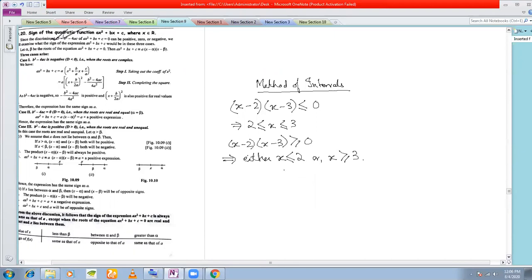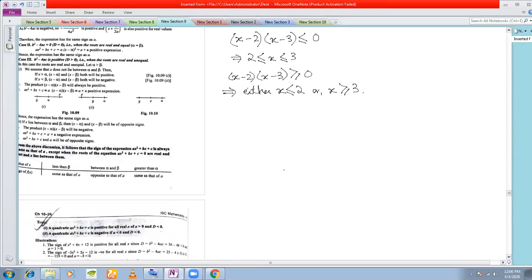This is called the method of intervals for the product of two linear algebraic functions. Similarly, if I have (x minus 1) into (x minus 2) into (x minus 4) equal to 0, then I can say from this,